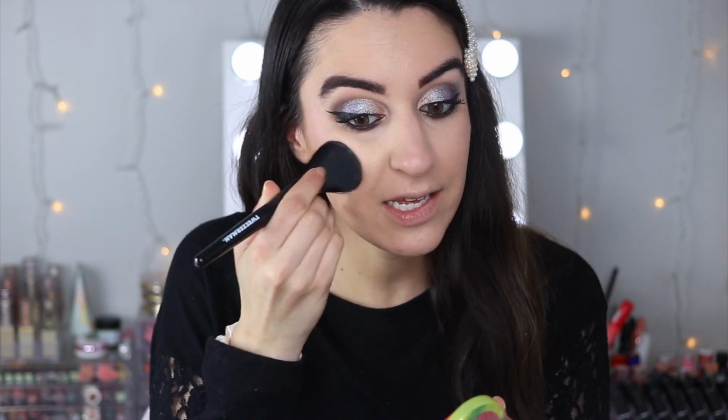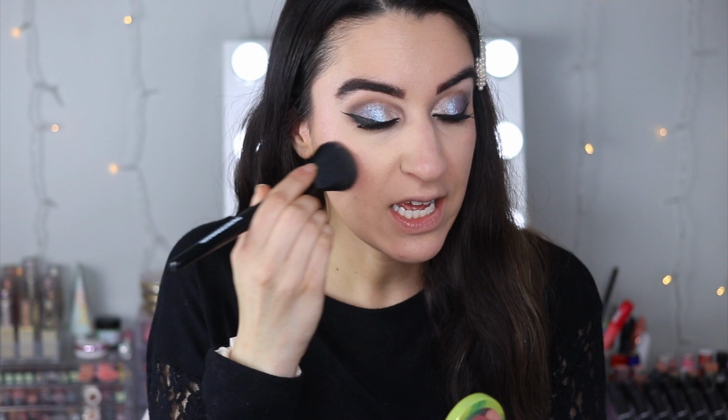It's not like what you would expect, but when you put it on, I'll show you guys. And of course it smells really good. So I used to not like this blush, but I've really grown to like it. So it's more natural, which I like, because I like to be able to layer my blushes. I don't like to have instant clown cheeks, so you can really build this up, and I like the